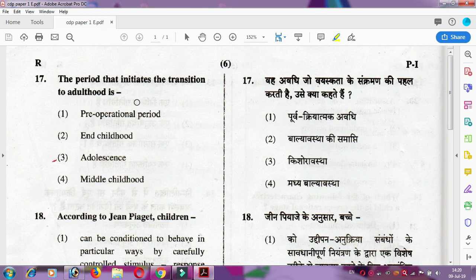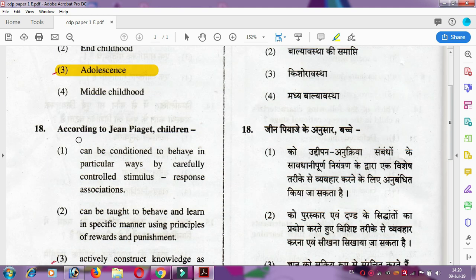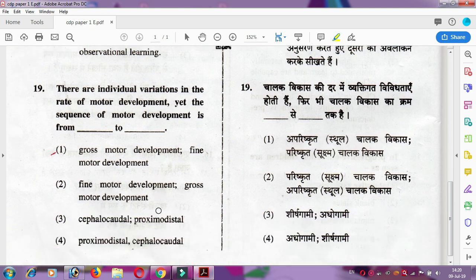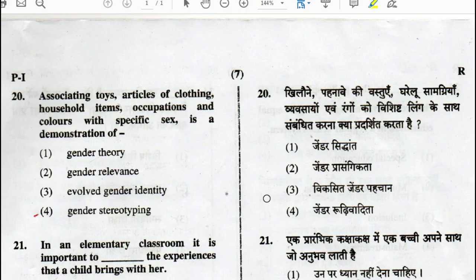Question number 17. The period that initiates the transition to adulthood is, the right option is 3, adolescence. Next, question number 18. According to Jean Piaget, children actively construct knowledge as they manipulate and explore the world. Question number 19. There are individual variations in the rate of motor development, yet the sequence of motor development is from dash to dash. Gross motor development and fine motor development. Option A. Number 20. Associating toys, articles of clothing, household items, occupations and colors with specific sex is a demonstration of